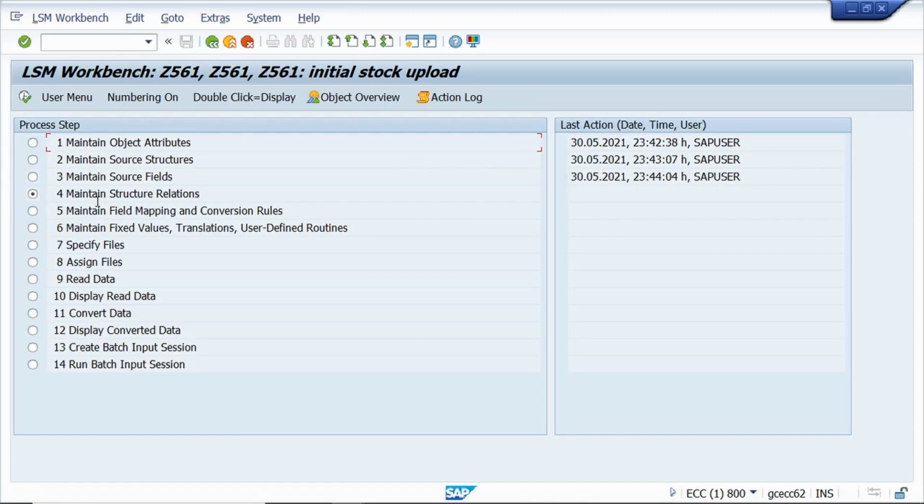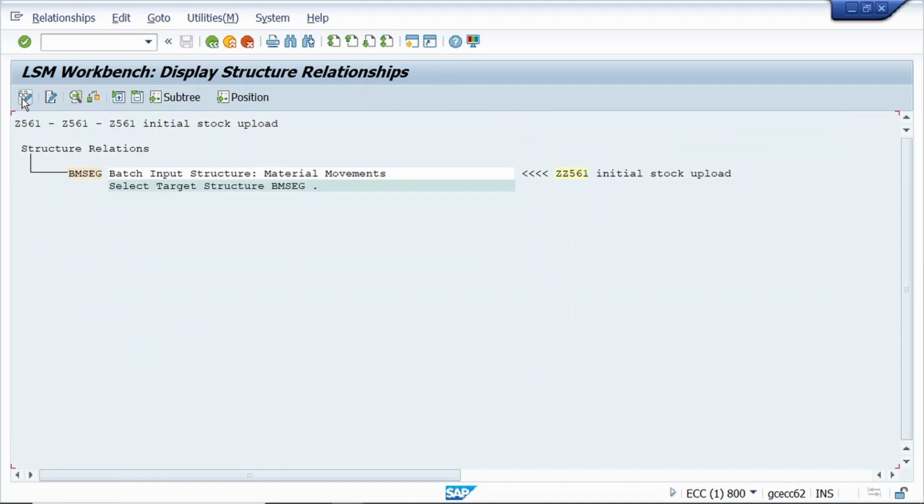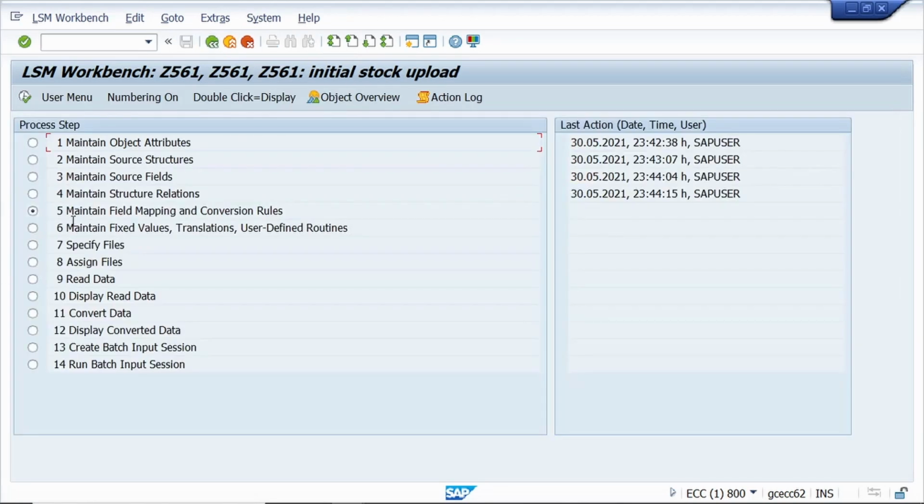Now we are in maintain structure relations. Actually the system automatically maintains the structure relation. Just go to change mode, just save it, come back. Now we are in maintaining the field mapping and conversion rules. Just execute,